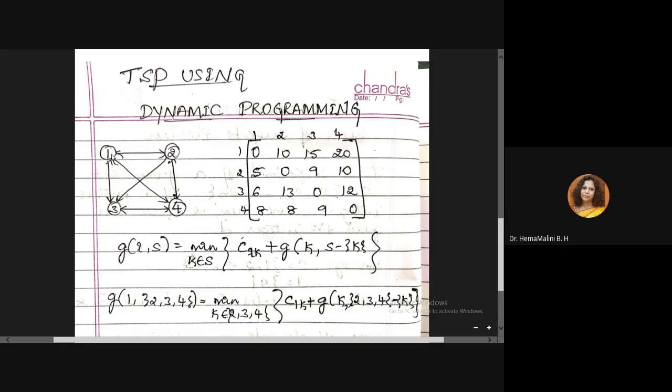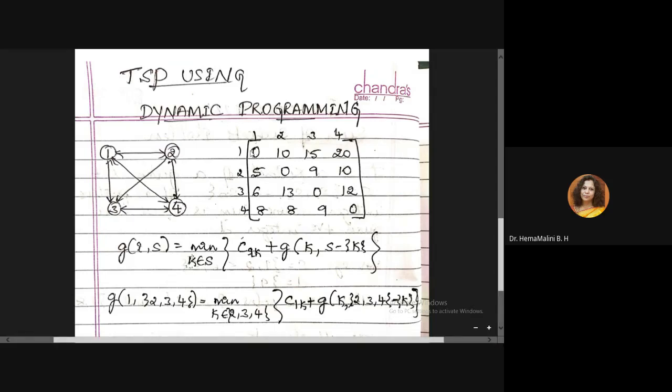Okay. So if the cities which he represents, that problem can be represented graphically, this is a graph with four vertices or four nodes. So these are the four cities which he is going to visit: one, two, three, four. And this is a digraph. So the cost from 1 to 2 is not the same as 2 to 1. You can see this in the cost matrix. 1 to 2 and 2 to 1 are different, so it is not a symmetric matrix. Okay, for simplicity it has been written like this.